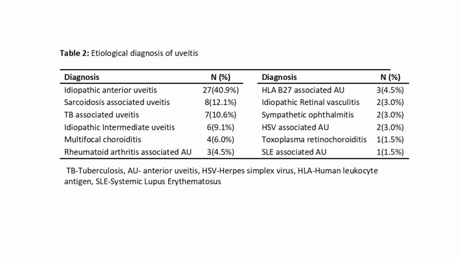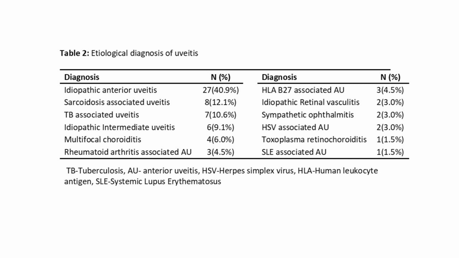Next, coming to the etiological diagnosis of uveitis. Generally speaking, about 10.3% of our patients had infectious uveitis and the rest had non-infectious uveitis, which was actually surprising. Coming to the etiological diagnosis, most of our patients, that is 40%, had an idiopathic anterior uveitis. Approximately 12% had sarcoidosis anterior uveitis, 10% had tuberculosis anterior uveitis, 9% had idiopathic intermediate uveitis, and 6% had multifocal